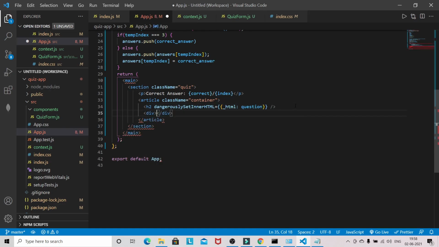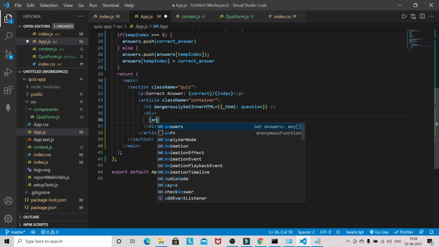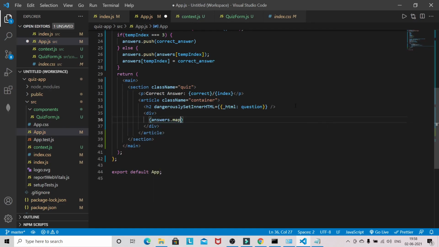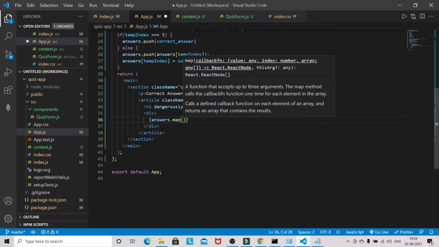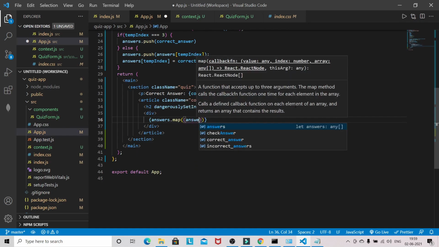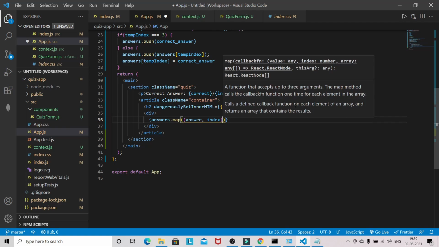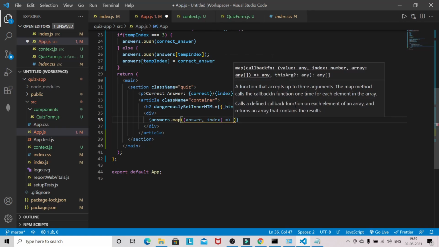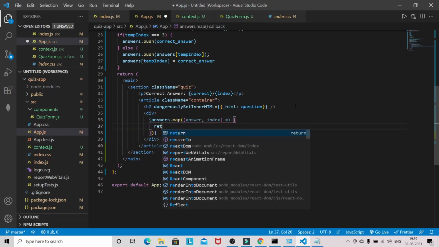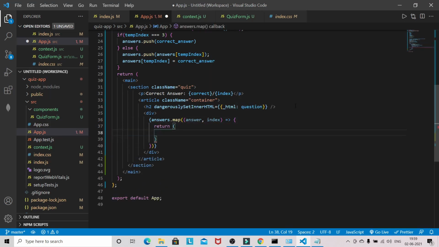Now div, and we will have answers.map, answer, index, return, this will be a button.